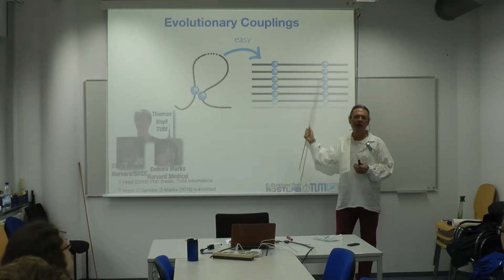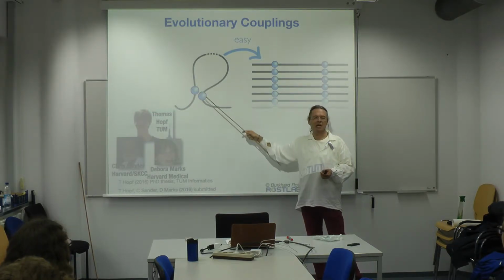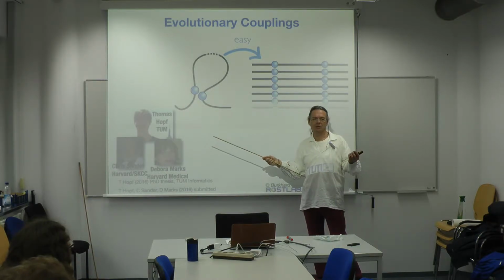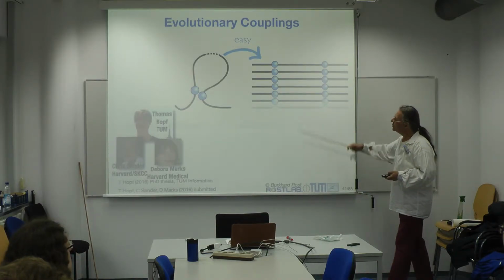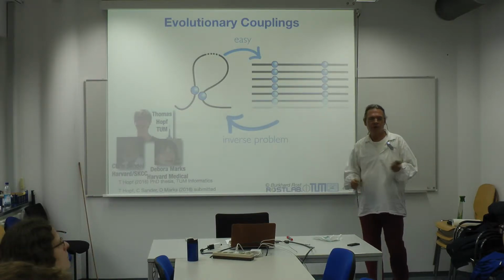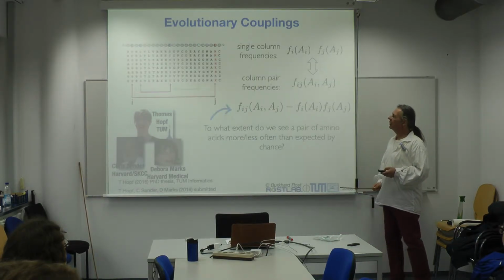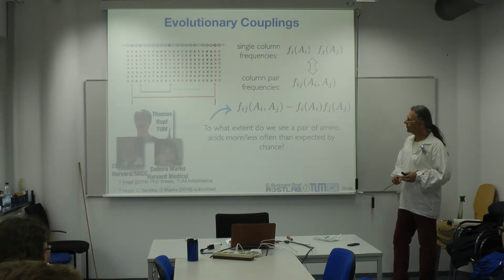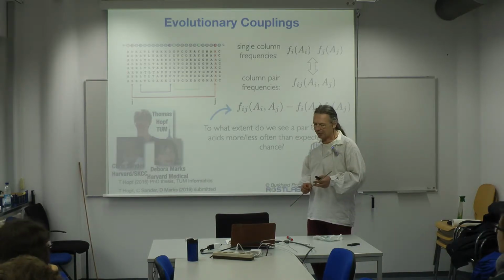And the assumption is that you had to mutate in order to accommodate the same binding site, which means that you believe these two things are close in space. Okay? Idea is clear. Evolutionary couplings, right? Now, close in space means you can switch that around: you look at correlations on the level of the alignment, and from these correlations you try to predict correlations in 3D space, you try to predict contacts. So that is one way in which you can use that.